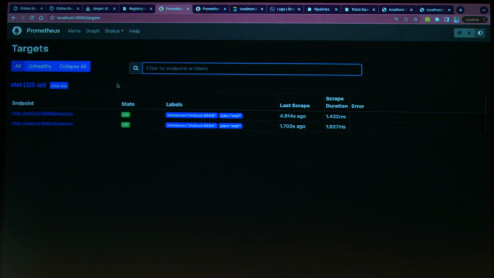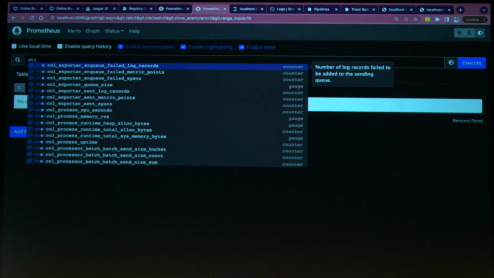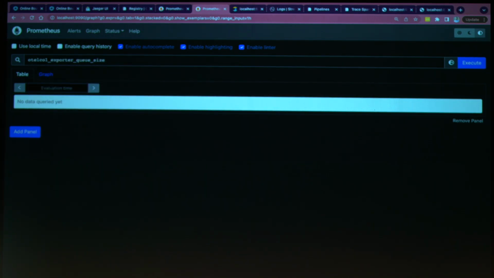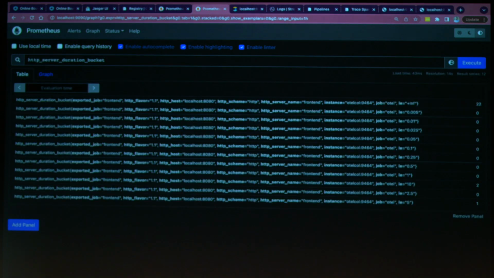Then from a Prometheus perspective, I actually have a collector up. It's scraping a couple endpoints here. I can show you that this data is real. So for example, I can see OpenTelemetry collector telemetry data coming in. I can check the metrics of this. I also have HTTP endpoints for my application that are coming in. So basically, the collector can either push information out, so you can do a remote write type operation, or the collector can also serve as an endpoint that Prometheus can scrape